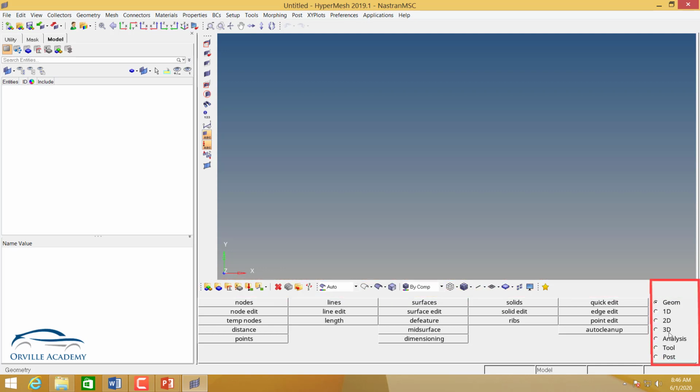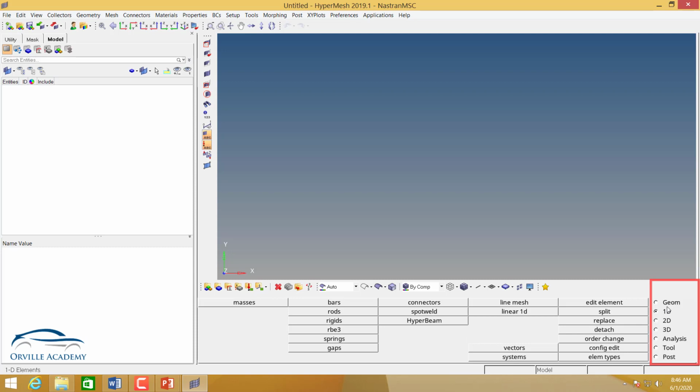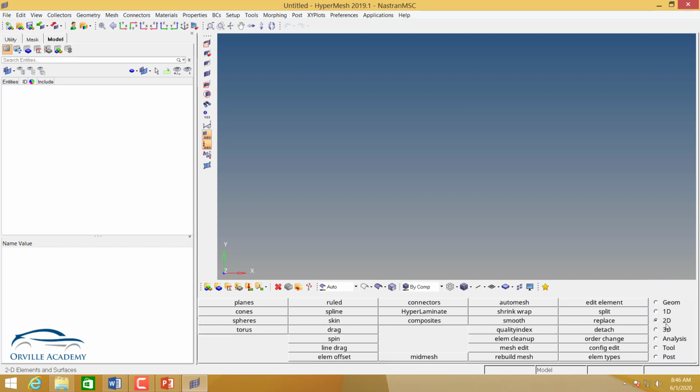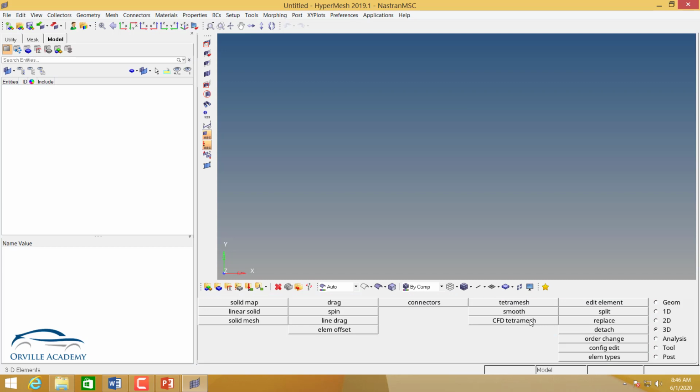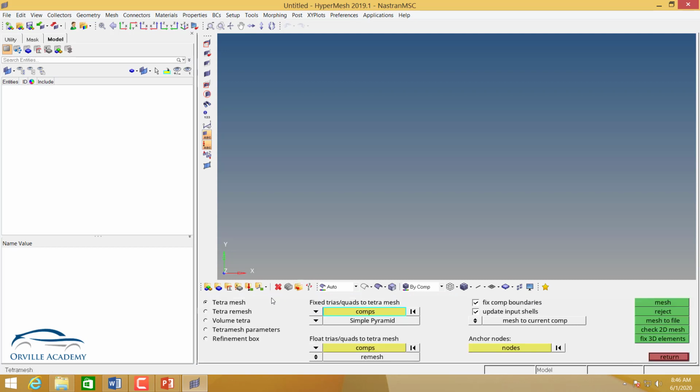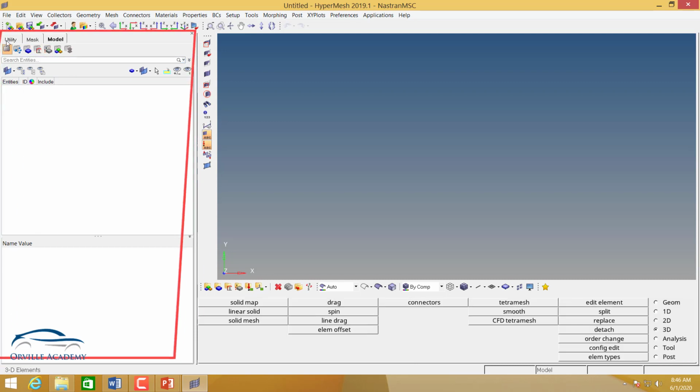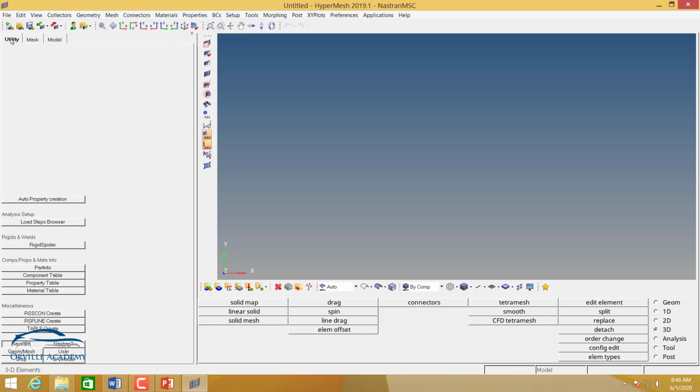This is called the pages, or these are called the menu. So basically we have geometry, 1D, 2D. Now the same thing can be accessed from here also, but for quick access they have given these menus or pages. Now in the pages we have something called a panel. So this is the 2D panel, this is the 3D panel, and within the panel we have a sub panel. For example, if I click on Tetramesh, there is a sub panel of Tetramesh in which again you will go further. This is called the browsers. Now this is the model browser, this is the mask browser, these are the utility browsers, and believe me friends, these are the most useful thing because they will basically tell you how your model has been built.